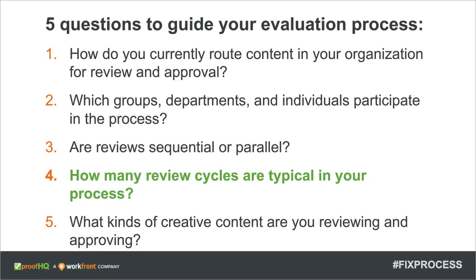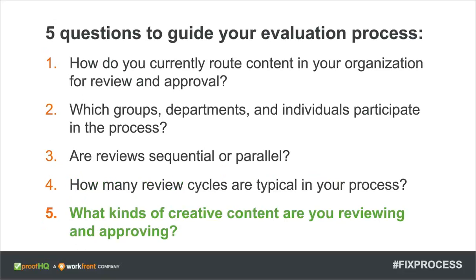And the final question to ask is, what kinds of creative content are you reviewing and approving? It just goes to all the different types of stuff that you make with your group. Is it marketing collateral, web pages, videos, podcasts, newsletters, advertisements, press materials, etc.? So everybody here produces a wide variety of content, but it's essential to consider the types of collateral and media that you're going to review to ensure the appropriate workflow is in place, as well as assigning the appropriate reviewers